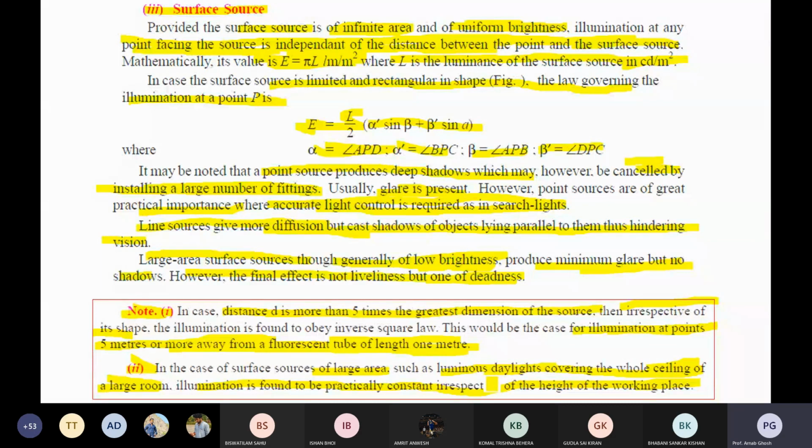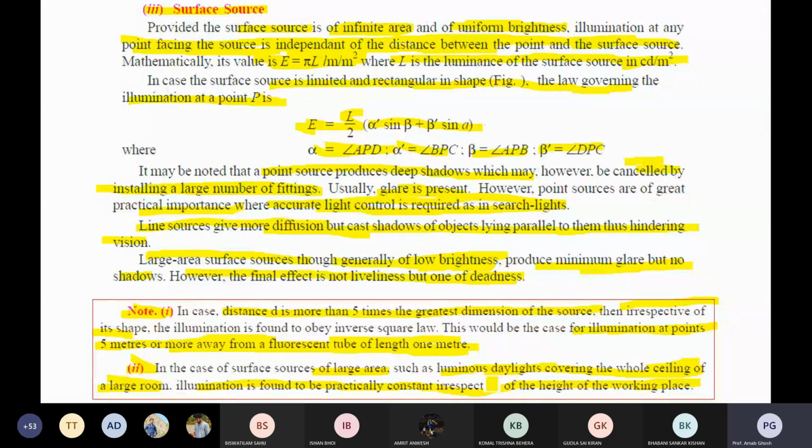If you see an LED lamp, it is not eye soothing, but if you use a good reflector, and a dimming effect is there, it is very good. The wattage is very low, within 2 to 9 watt, and it gives you a good combination of source light and shadows. Then a surface source is where the light comes from a surface, like the sun, or one dim light connected in a hall. It is spread throughout the surface.